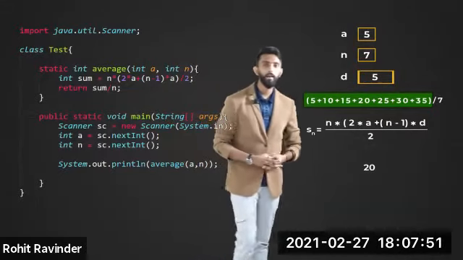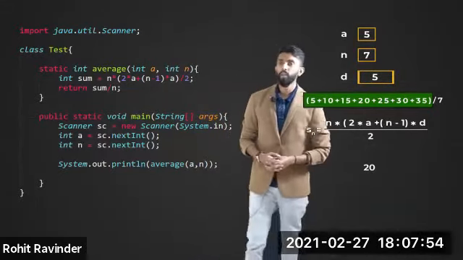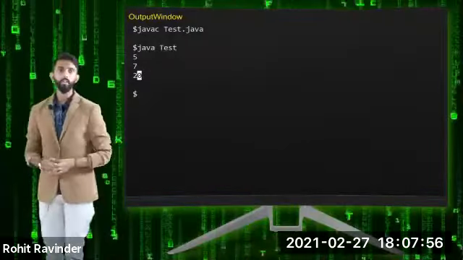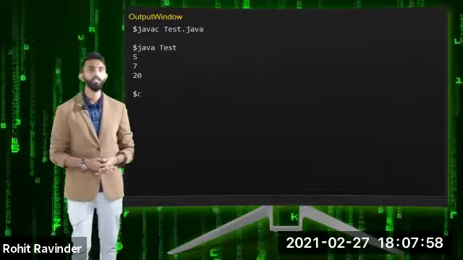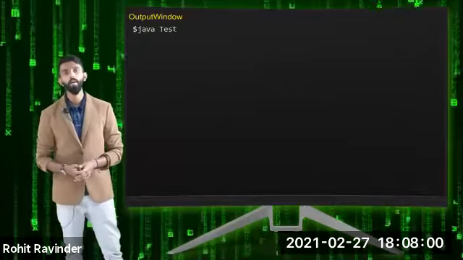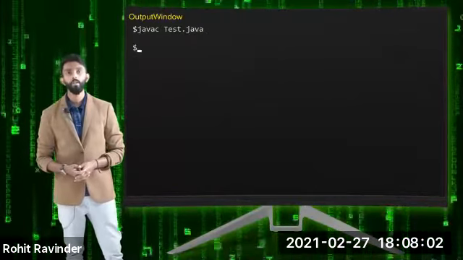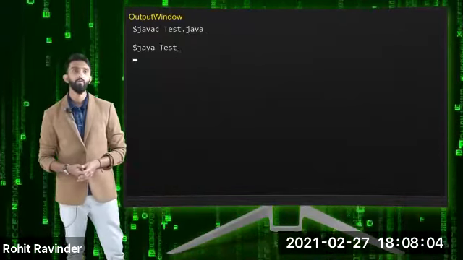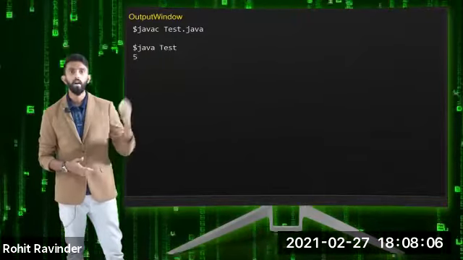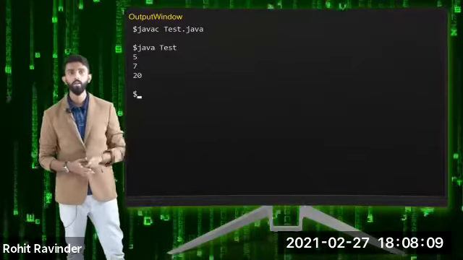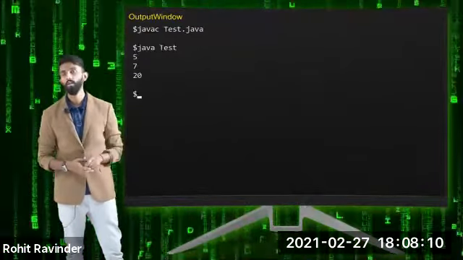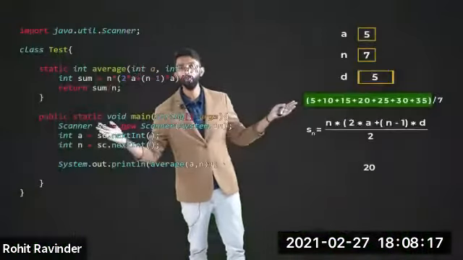Now I will go back. And if in case I just put in the relevant command, and if in case I just clear the screen, recompile, re-execute, you can see compilation, no problem. If I do this and I just put in 5 and I put in 7 and I press enter, same 20. But computer is thanking you, telling you thank you, because unnecessary cycles of execution, you have prevented it.